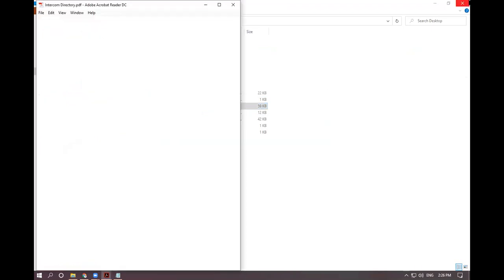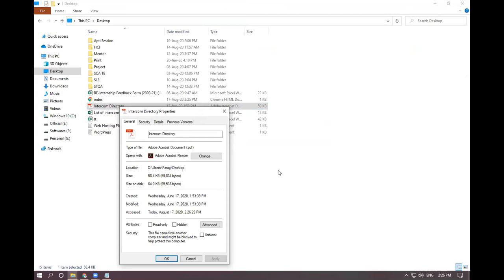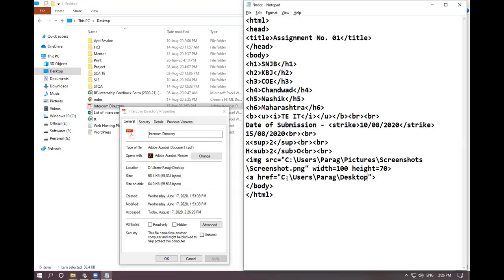I will open the properties. I can see the location of the file like this. Copy it here, paste, then the file name. Here you are going to paste it, dot pdf, and save it.